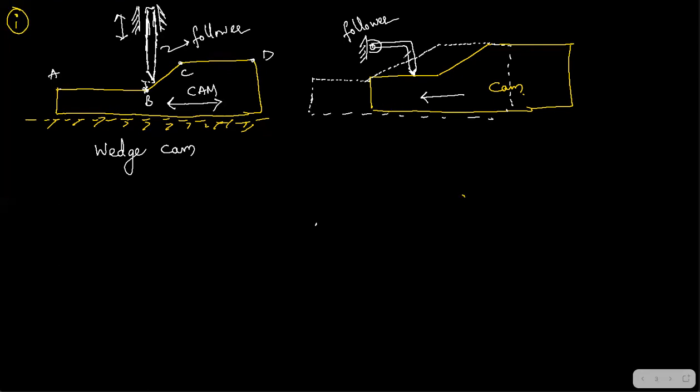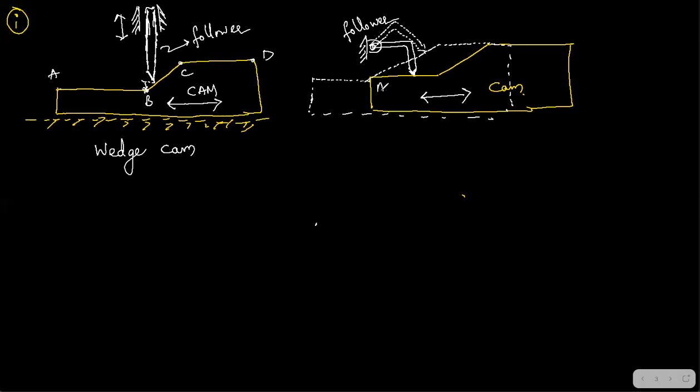Now what will happen to the follower? Will it be there itself? No, it will also assume a new position, something like this, right? It has to oscillate. It will be in contact and it will oscillate. And when the cam comes again to the right side, automatically the follower will come down. So this is an oscillating type of follower.